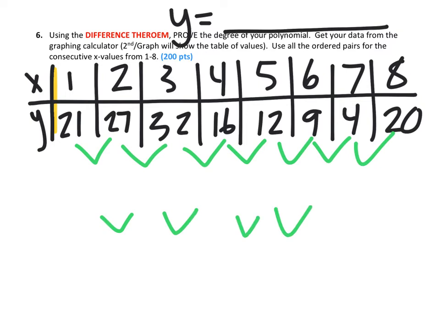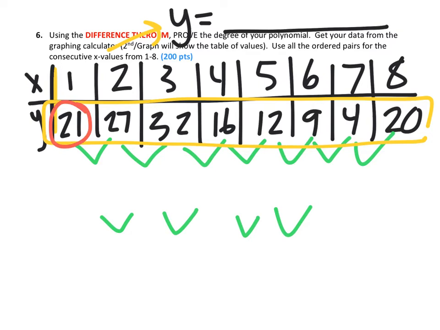Now, if you aren't able to have the TI 83 or 84 graphing calculator to get these values and you can't figure out how to get the table of values, an easy way to do it is go back to your equation that was in standard format from number 3. So take that and just plug in the various values. So if you want to figure out what this number should be, go in, take 1 and put it in for x,